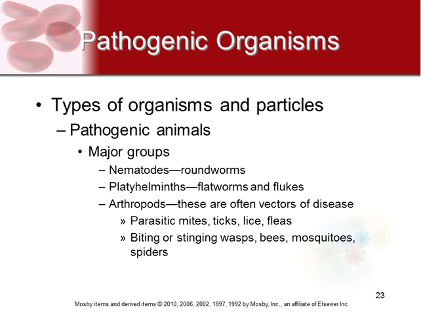And these can be divided into a few different categories. There's worms, and then even things like mites and ticks and fleas, stinging things. Those all fall into this category too. And one of the important things to know about the arthropods there on the bottom is that these often work as vectors for a disease. What that means is that they can actually pick up a disease in one animal or human and transmit it to the next one that they bite.